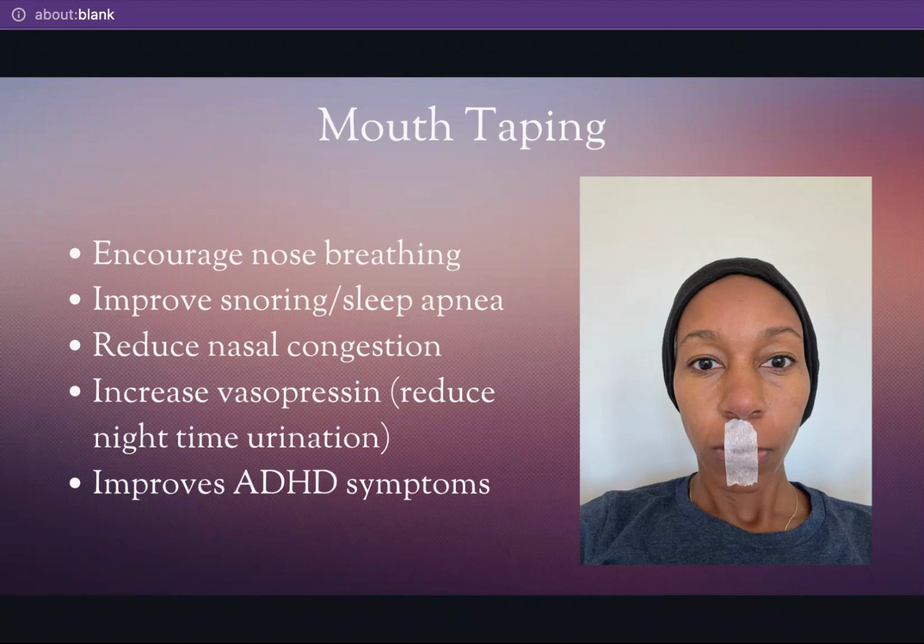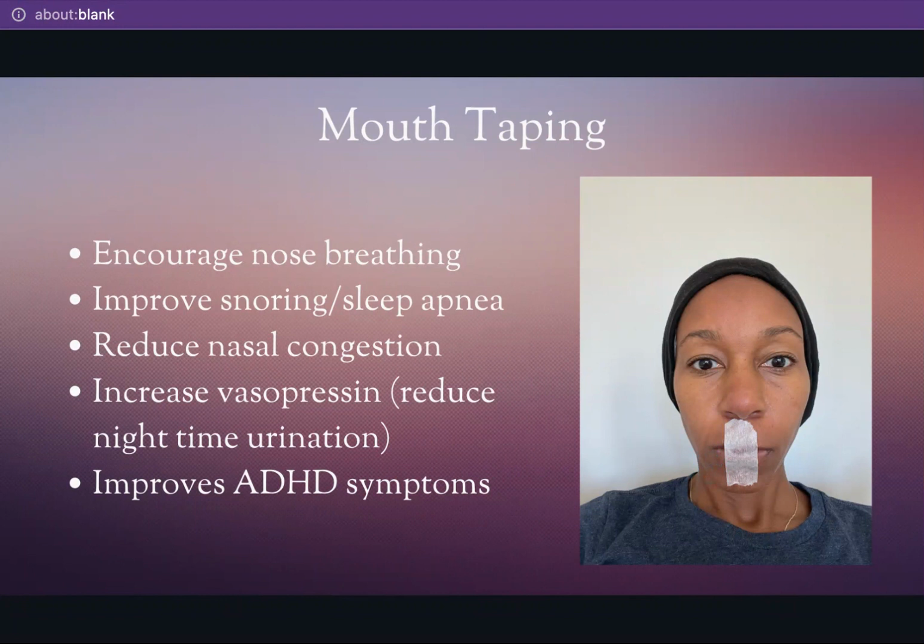We talked about mouth breathing. So this is what I mean by mouth taping. I'm sure many of you guys have been wondering. So this is me, obviously, and I have placed a little piece of surgical tape over my lips. This is 3M tape that you can just buy off of Amazon or a medical supply store. This tape is better than using other tapes because this is medical grade tape and it's for the skin, so you don't have to worry about it pulling on your skin or pulling on the hair. But it's a great way to keep your mouth closed while you're sleeping.